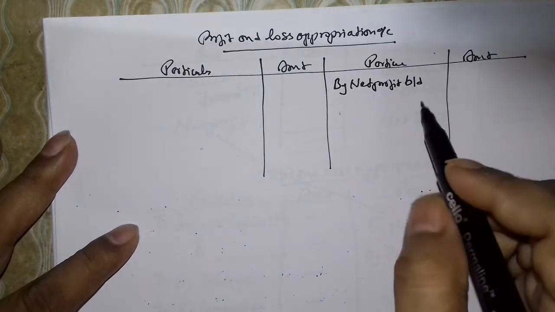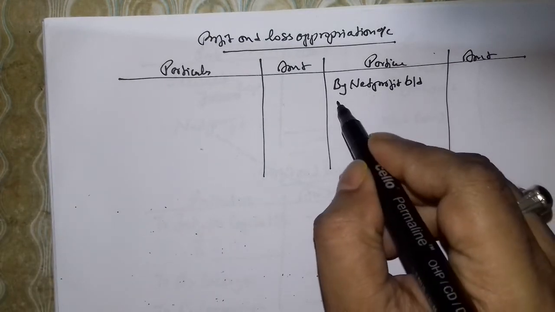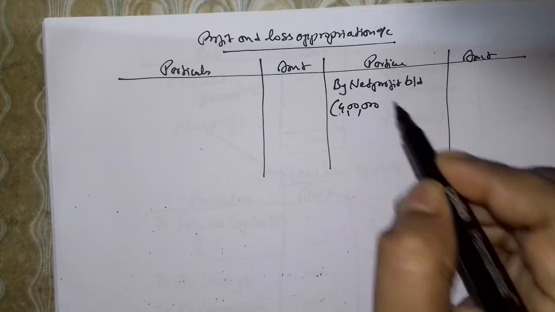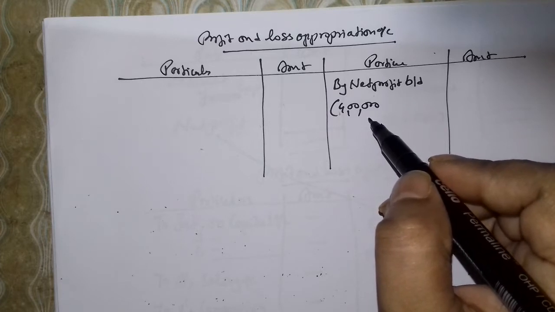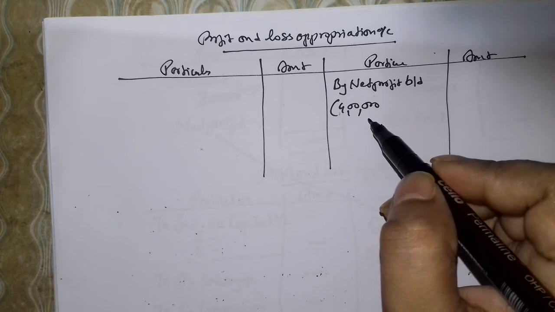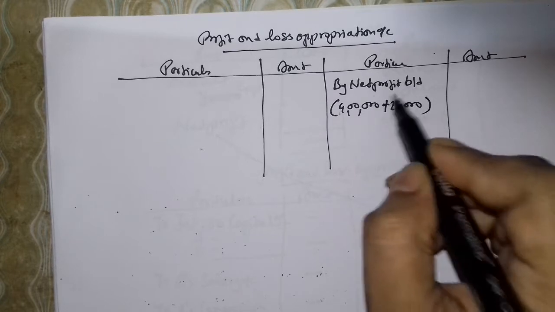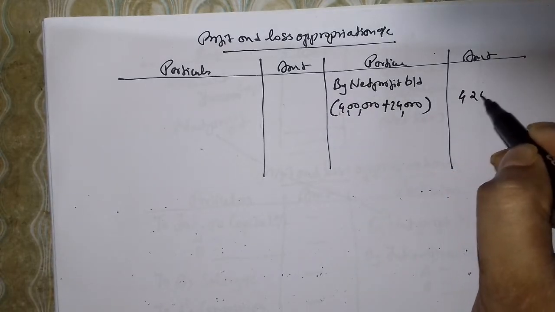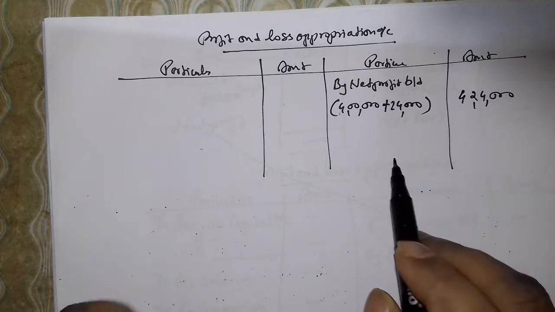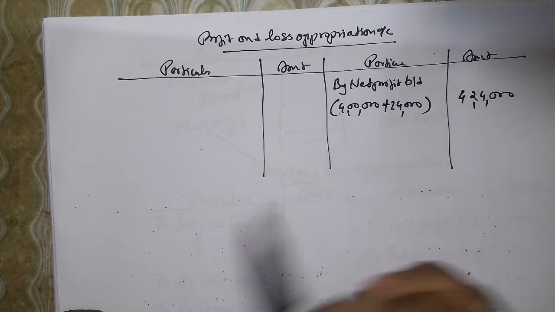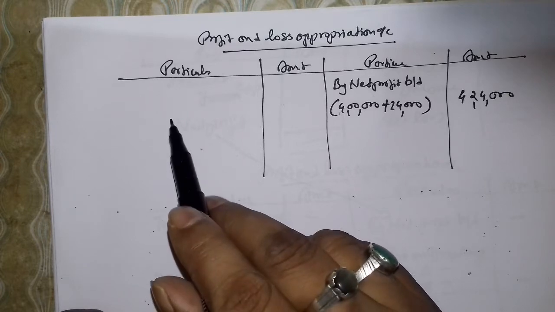So first of all you have to write net profit brought down. Now in this question net profit is given as 4 lakh which has come after deducting the salary of Z, that is 24,000. So we have to add this salary to get the actual net profit. This is 4,24,000, the actual net profit. Then next, out of this actual profit, whatever we have to give to the partners, that is interest on capital and salary, we have to show it here.